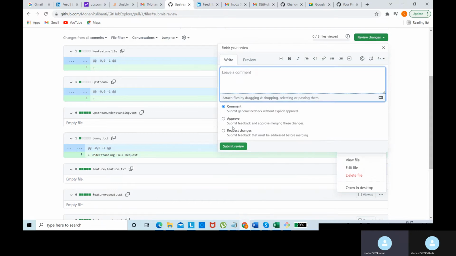On top of it write a comment saying change P and R to small letters in dummy.txt. Change P and R in pull request to small letters in dummy.txt file.